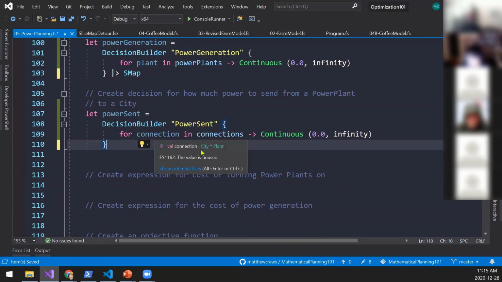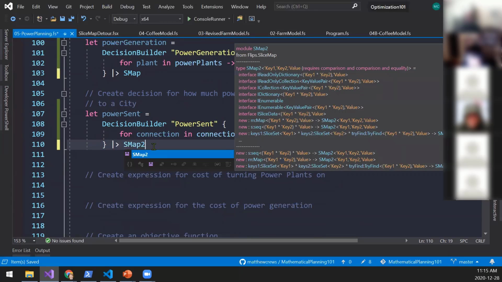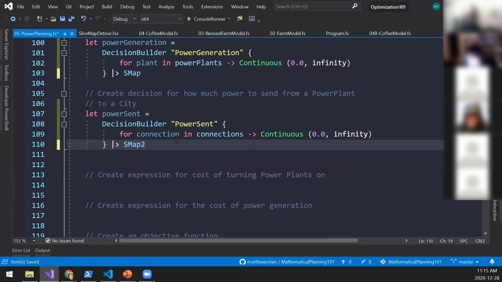So connection is a city plant tuple. I'm putting this into a slice map 2. Why does that matter? The first dimension is the city. The second dimension is the power plant. The value is the decision.